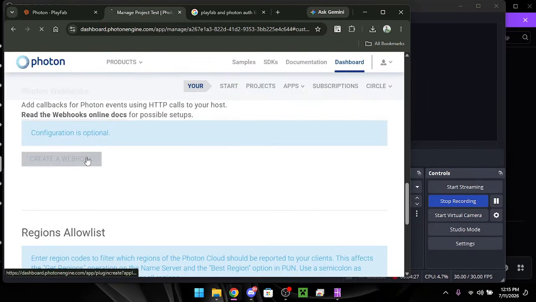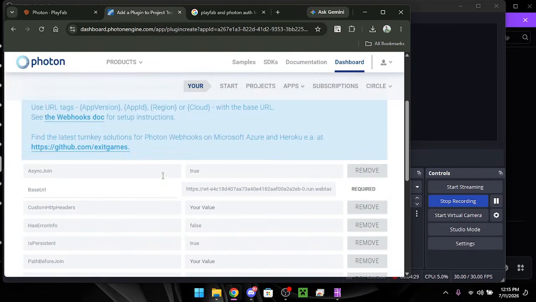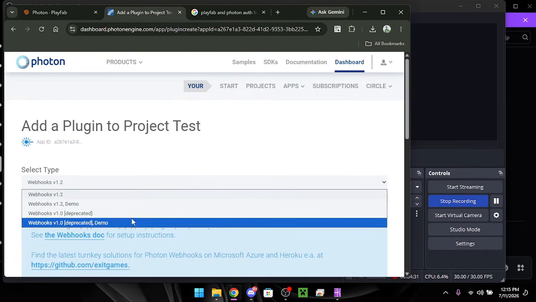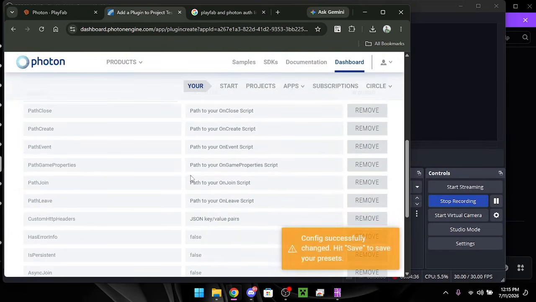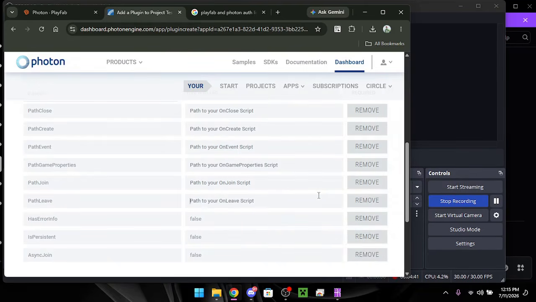Now you're also going to want to create a webhook for this, and then you want to choose webhooks v1.0. HTTP headers, and then path leave is going to be room left, path join is going to be room joined, exactly like how I'm spelling it. Now path game properties is going to be path property raise